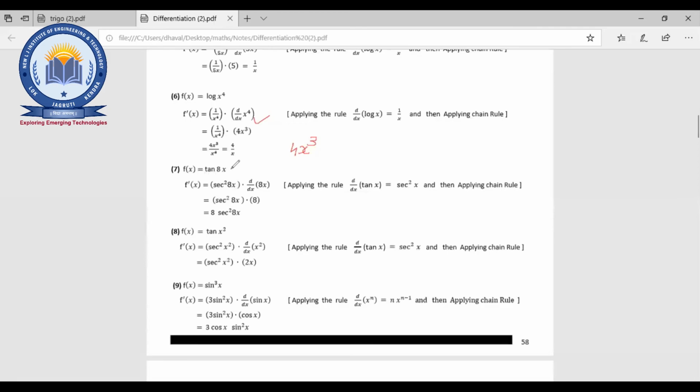These all are tan 10x, tan 8x. So sec square, right? For tan 8x, it will be sec square 8x, d by dx of 8x. So instead of 8x, we can write what? 8. Simple thing, right? This is also same. Okay. Here it is what? tan x square, x power 2. Okay, so sec square, here x square, so whatever x will be there. Now what happened? That will be tan x square.